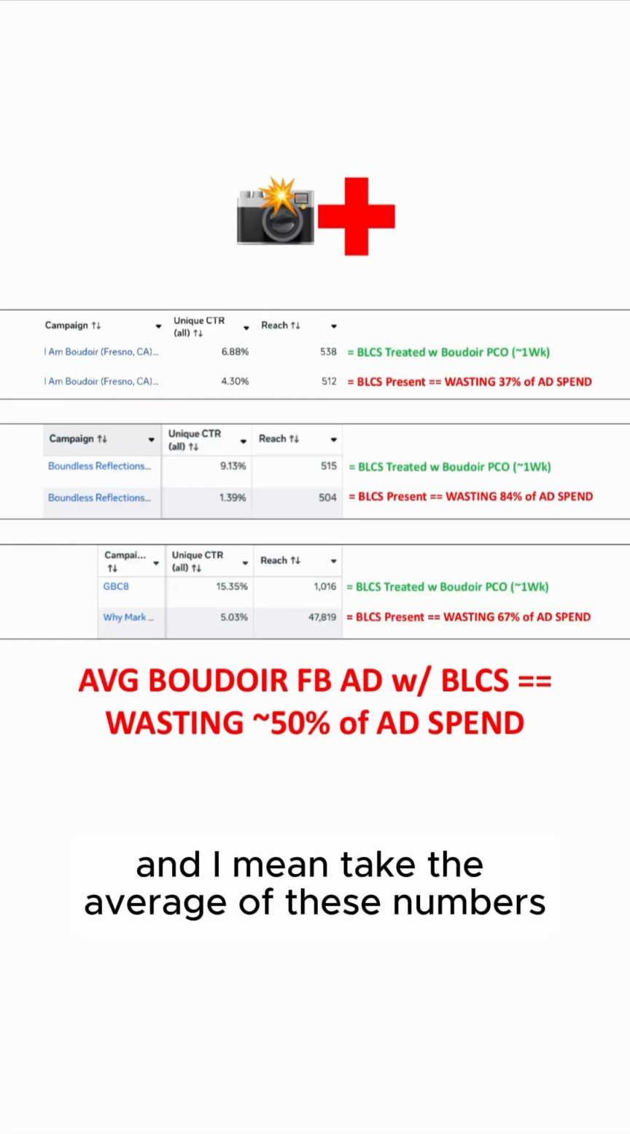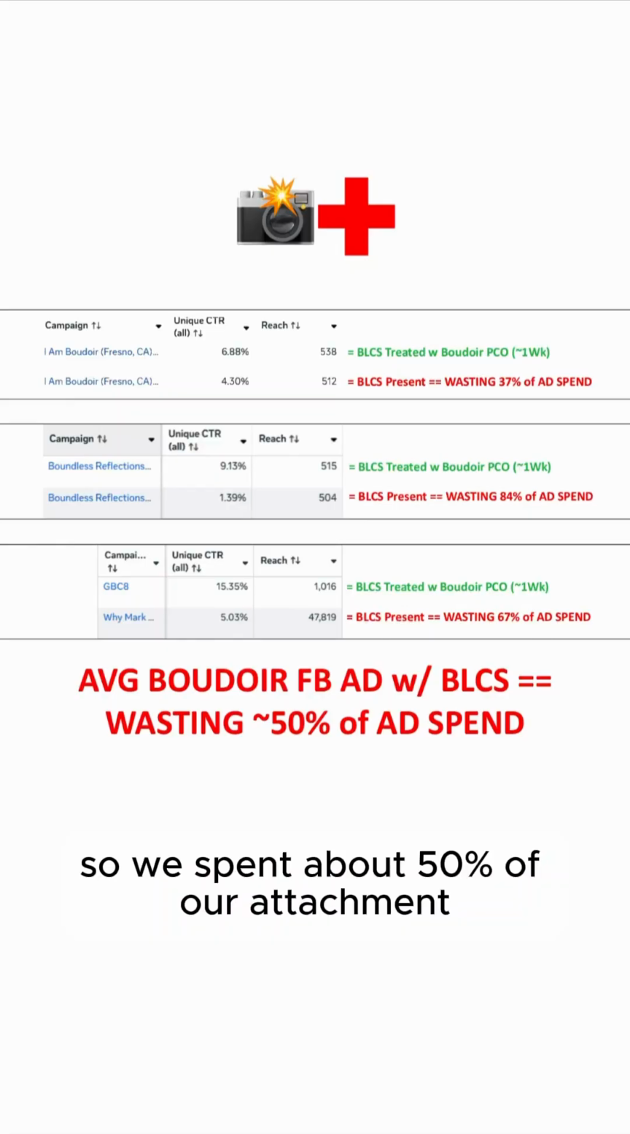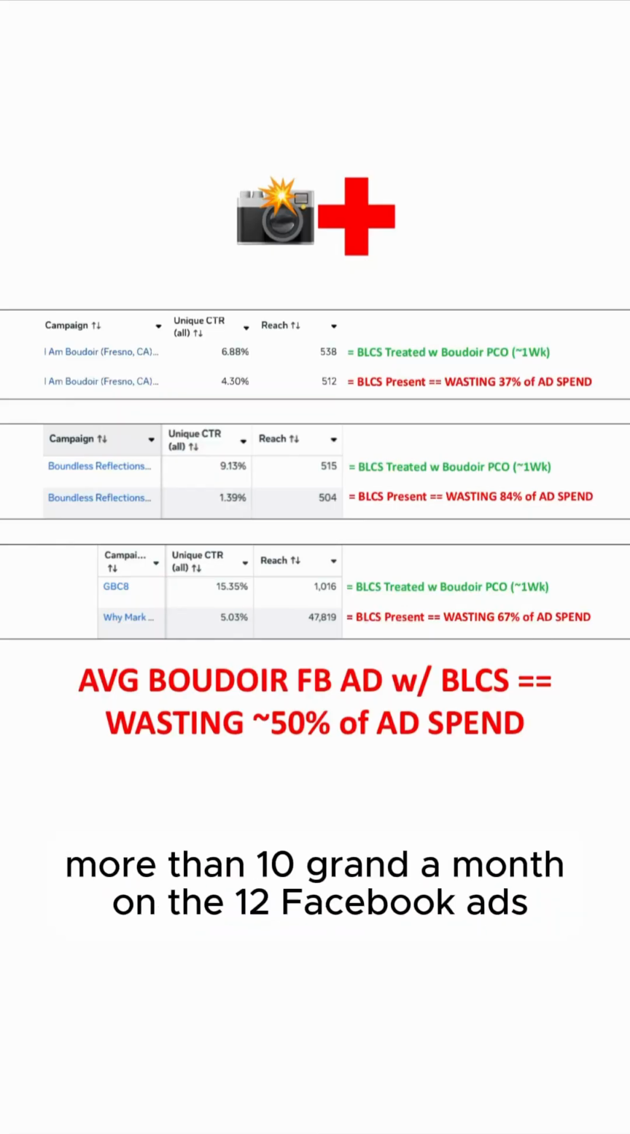Take the average of these numbers, probably somewhere between 50 to 60%. So wasting about 50% of its ad spend, that means if you spend more than 10 grand a month on Boudoir Facebook ads,